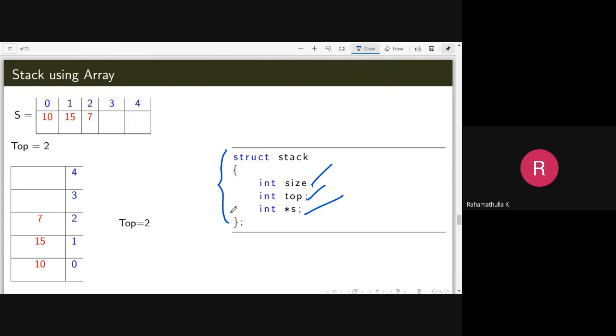So this structure, we are going to use in our implementation. The structure has three values. The first value is the size of the stack, the second value is the top pointer, and the third value is a pointer to integer, which means that it is an integer array. Now we'll allocate that size into the size of integer. In this case 5 into 2, 10 bytes, so that it will be a 5 integer array.